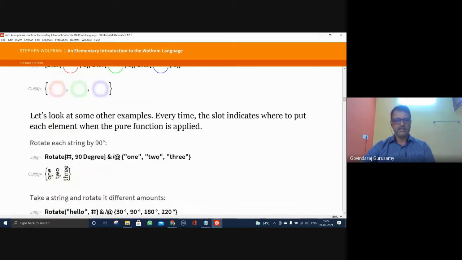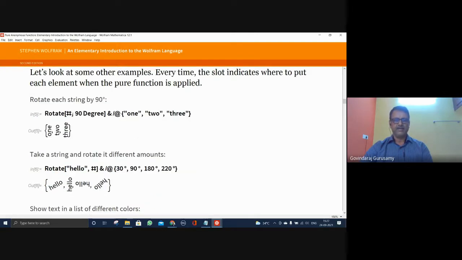Let us look at some other examples that he has given. Every time, a slot indicates where to put each element when the pure function is applied. Now you can see Rotate with a hash, 90 degrees, and slash at 1, 2, 3. What is it actually doing?